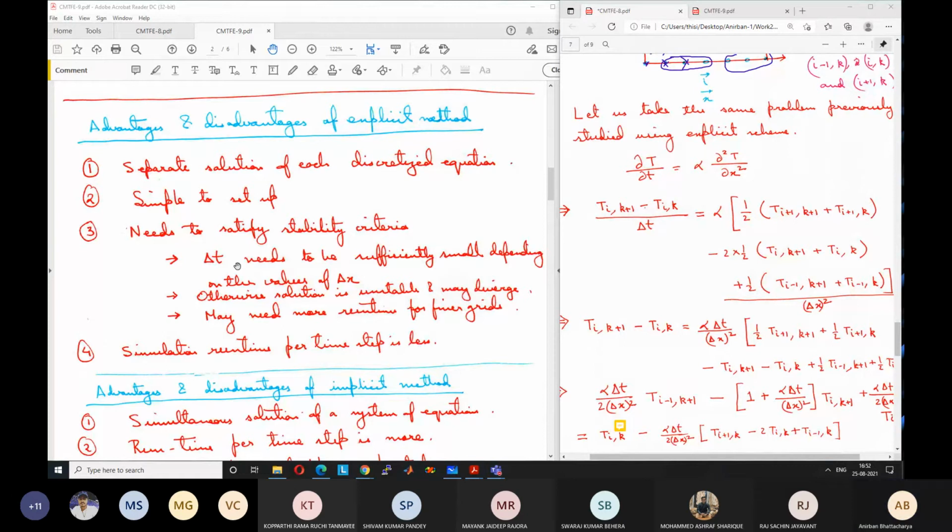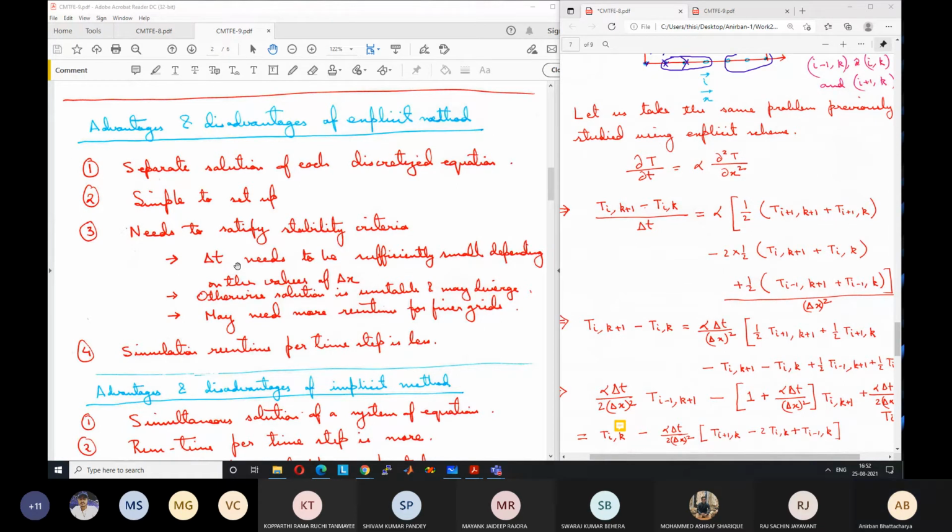Okay, so then for 5 millimeter grid size, if I have twice the number of points, so that the space between the points is decreased to half the value, 5 millimeter instead of 10 millimeter, my time step needs to be reduced by 4 times, because time step depends on the square of this grid spacing. So instead of 1 second, I will have to take 0.25 second. It means that the number of time steps will increase. So if I need to solve say a physical situation, heating for 100 seconds, instead of 100 time steps, now I will need 400 time steps.